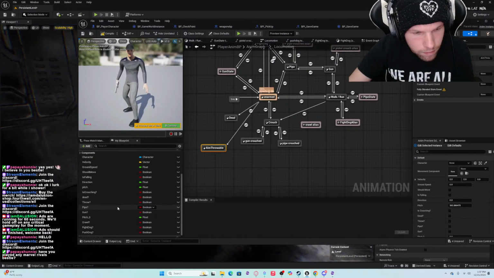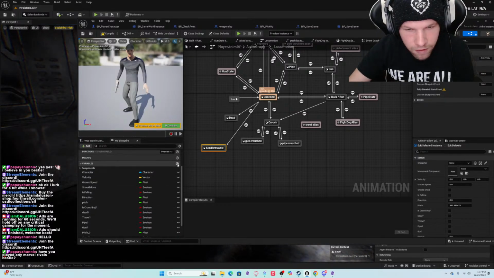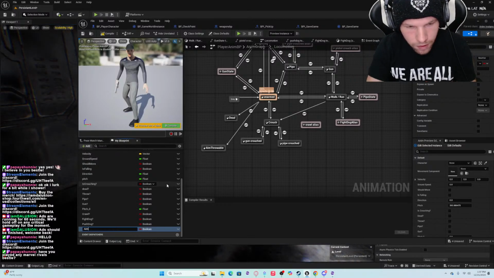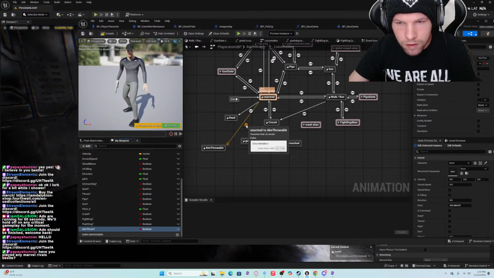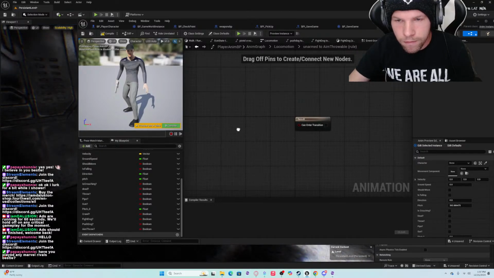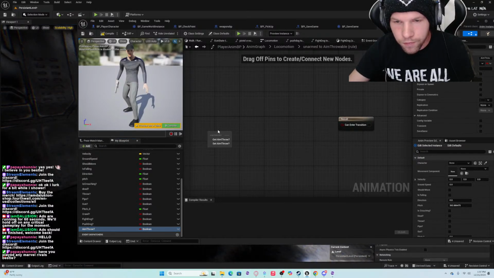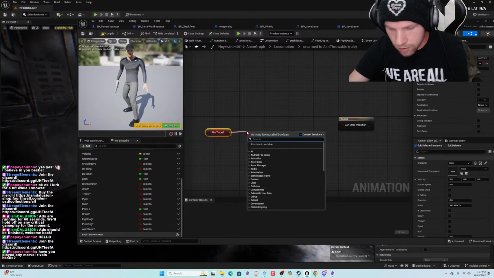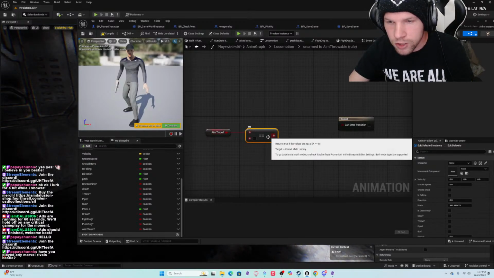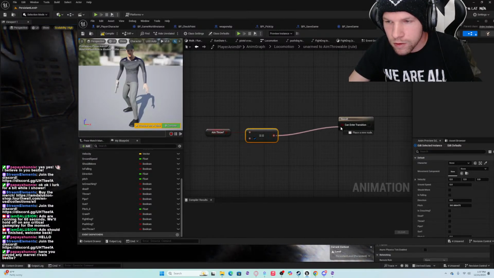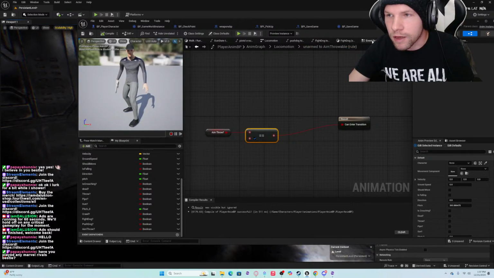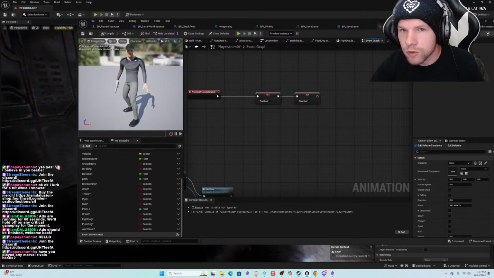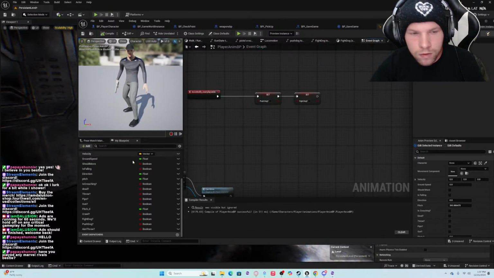I'm gonna add another variable called aim throw, and then get aim throw equal. I'm gonna check if it's equal to true, and then oops, crap.